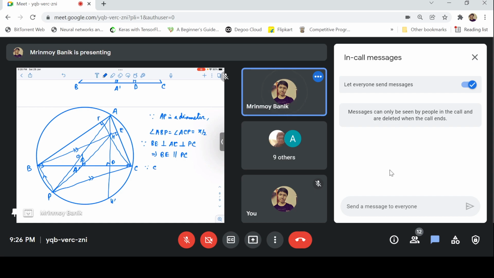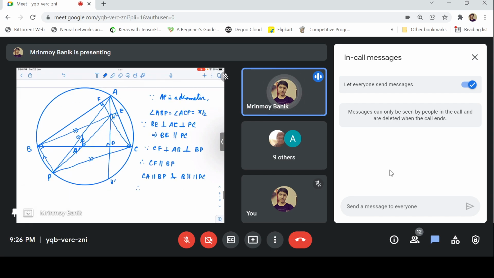So CF is perpendicular to AB, which is in turn perpendicular to BP. Therefore, CF is parallel to BP, and CF is the same as CH. So CH is parallel to BP and BH is parallel to PC. Therefore,